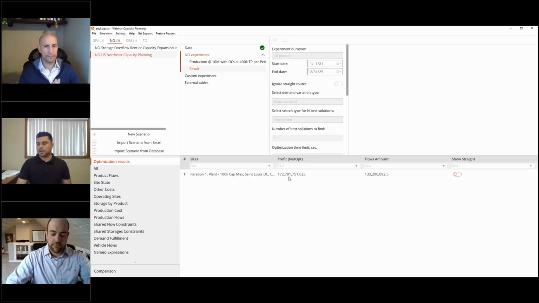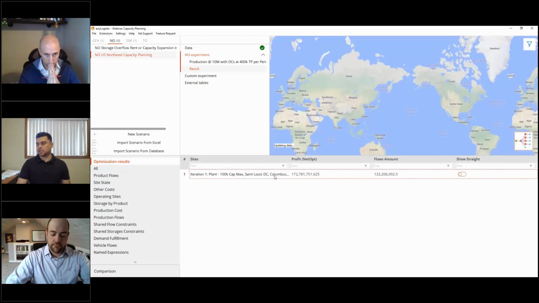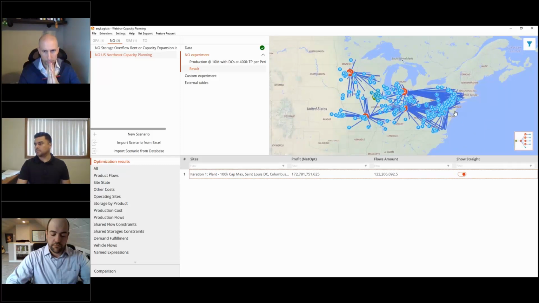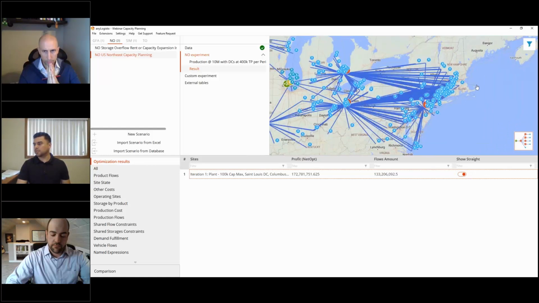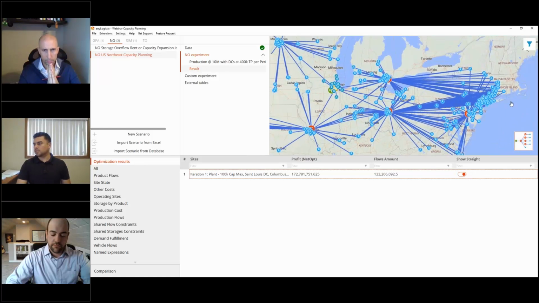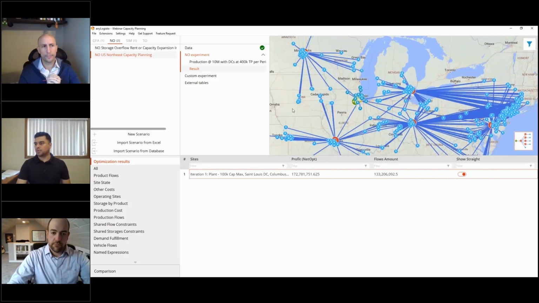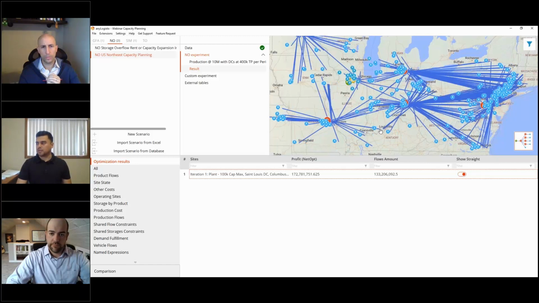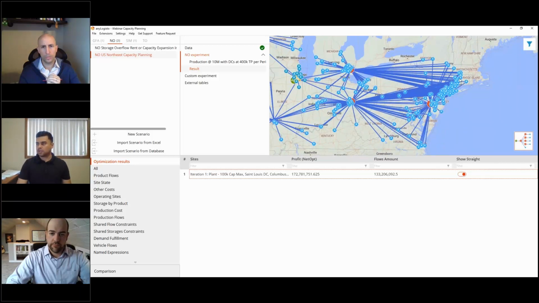All right, so we have a profit of 172 million using our current state locations, right? Let's see how that looks, guys. Take a look here. In the west, you notice that these DCs are kind of straight. This is kind of what we would like to see. But if you take a look at the east quickly, you can already start visualizing there's something wrong here.